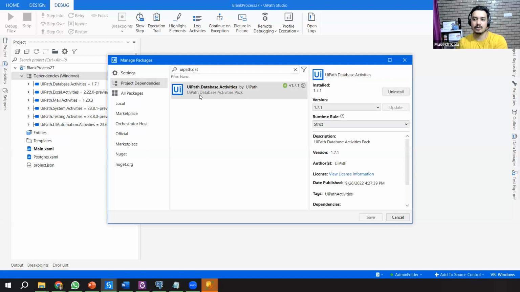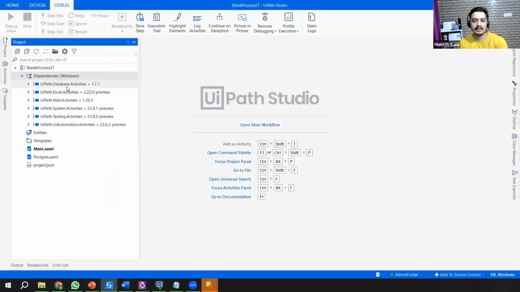So it's UiPath.Database.Activities. This is the package you need to install. Click on install, save it, and you would have these dependencies available. So the first prerequisite in UiPath to connect to any database is you need to have the database activities.